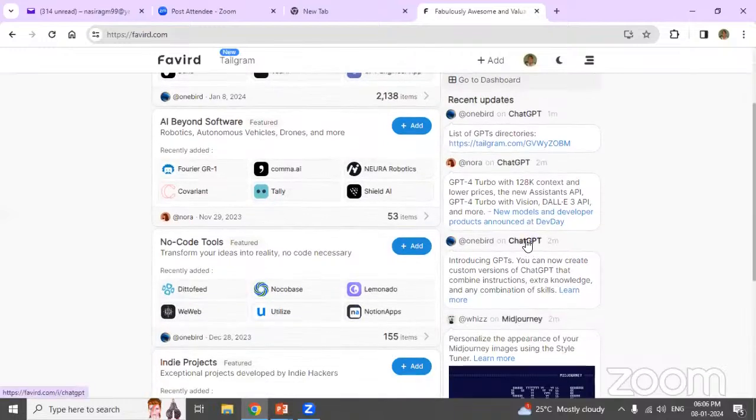Now let me go to one interesting AI tool, ChatGPT. I think many of you by this time would have become very familiar with ChatGPT. Am I right?